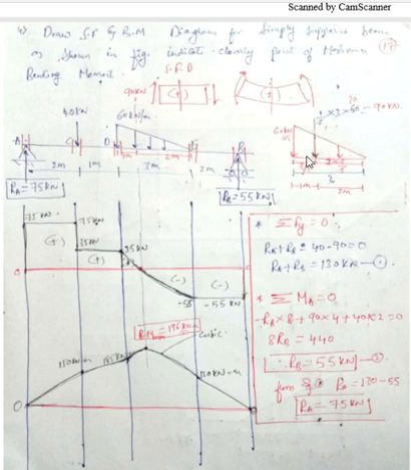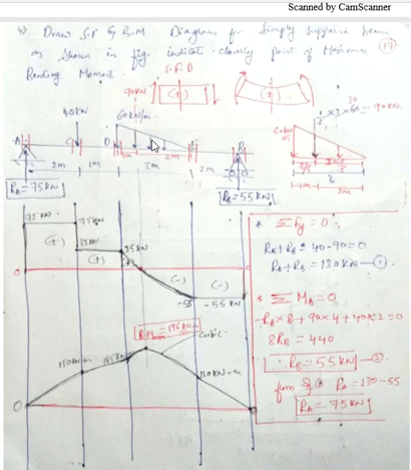Look at this distance, L by 3. L is 3, it is acting over a distance of 3, so 3 by 3 will give me 1 meter if I come from this end. If I come from the other end, it is 2L by 3, that is 2 into 3 by 3, the 3 will get cancelled, and it is 2 meter from this end. That is what I have written here, 1 meter from here and 2 meter from the other end.